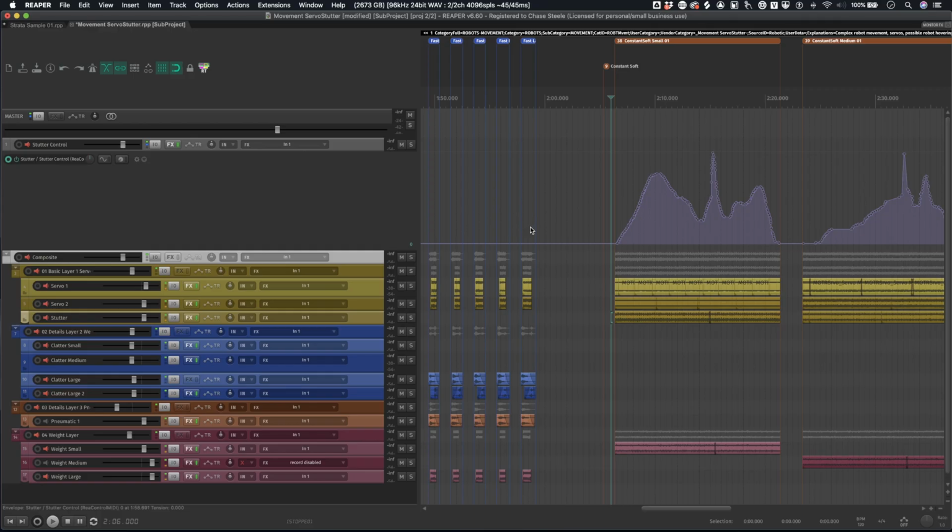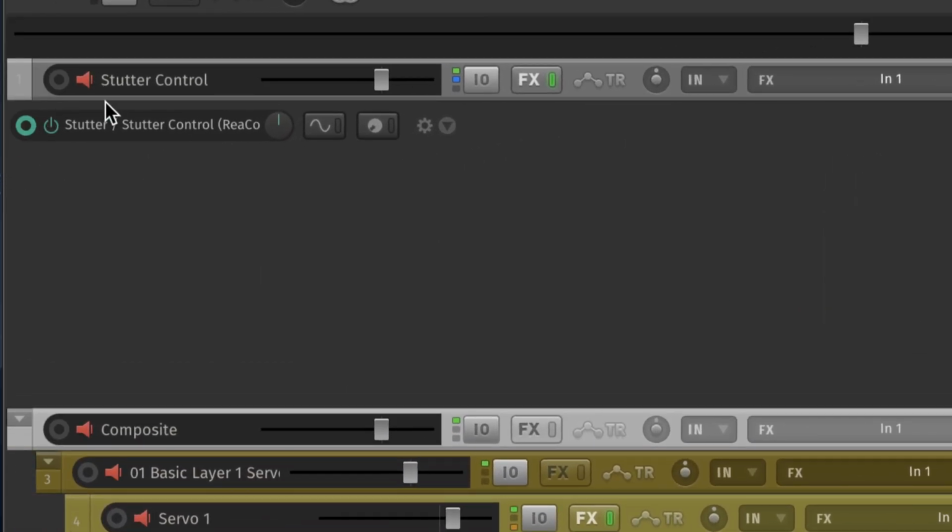So one thing you will notice is that some sub-projects within these Strata collections will actually have a special track. It's a type of MIDI control track that is basically linked to different insert plugins on certain tracks to automate an interesting parameter. If you're trying to figure out how a sound may work inside of a game, or how you may program a sound to work inside of Wwise, these control tracks are there to maybe act that way, or they can also just be used for design in and of itself.